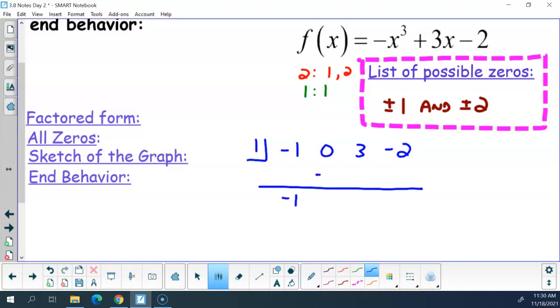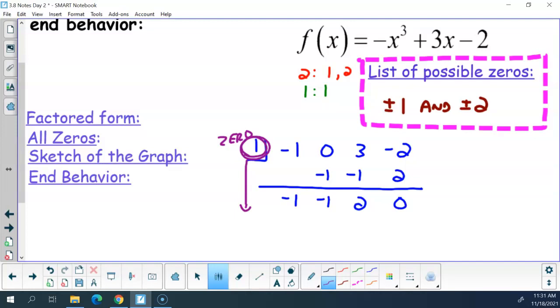Drop, multiply, add, multiply, add, multiply, add, gets me a 0. Fantastic. So 1 is a 0, which means that,